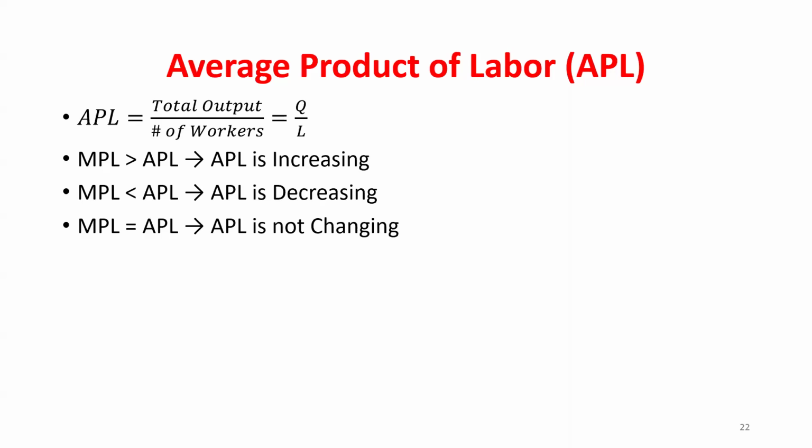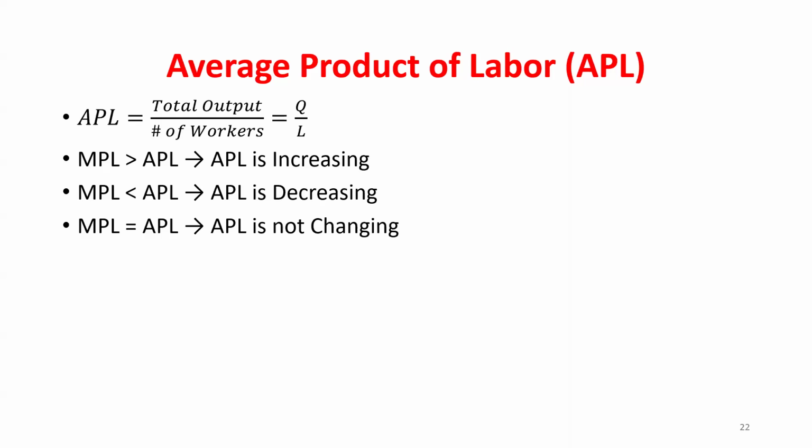If my average product of labor curve is something like this, and I try to draw it best I can, but I'm a little off here, I'll show you why. Anytime the marginal product of labor was above my average, what should be true about my new average? My new average should be even higher. Or anytime the marginal product of labor is above the average product, my new average product was increasing, okay?